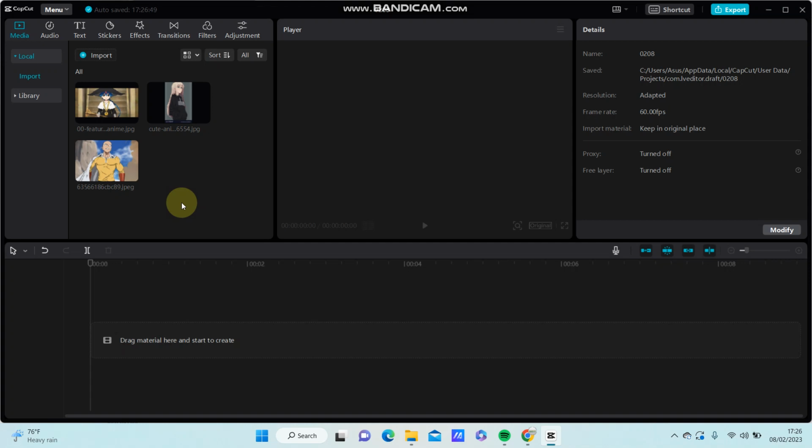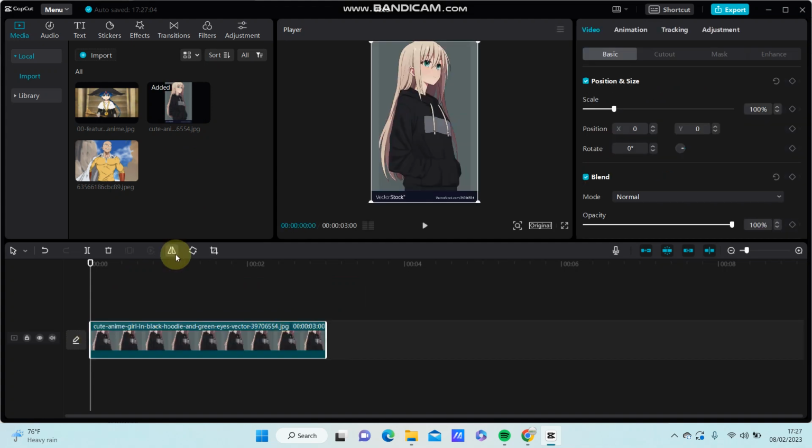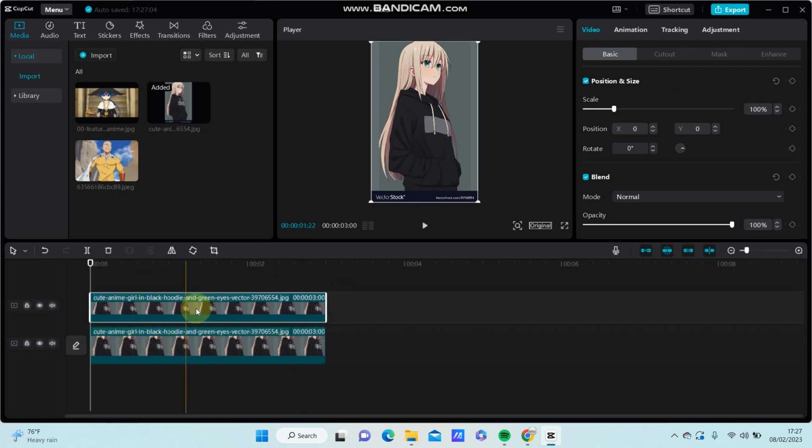Hey guys, in this video I'm going to show you how to make shaded 2 in CapCut PC. So I'm just going to select one image and copy paste and make it an overlay for this one, and you're just going to select model plane